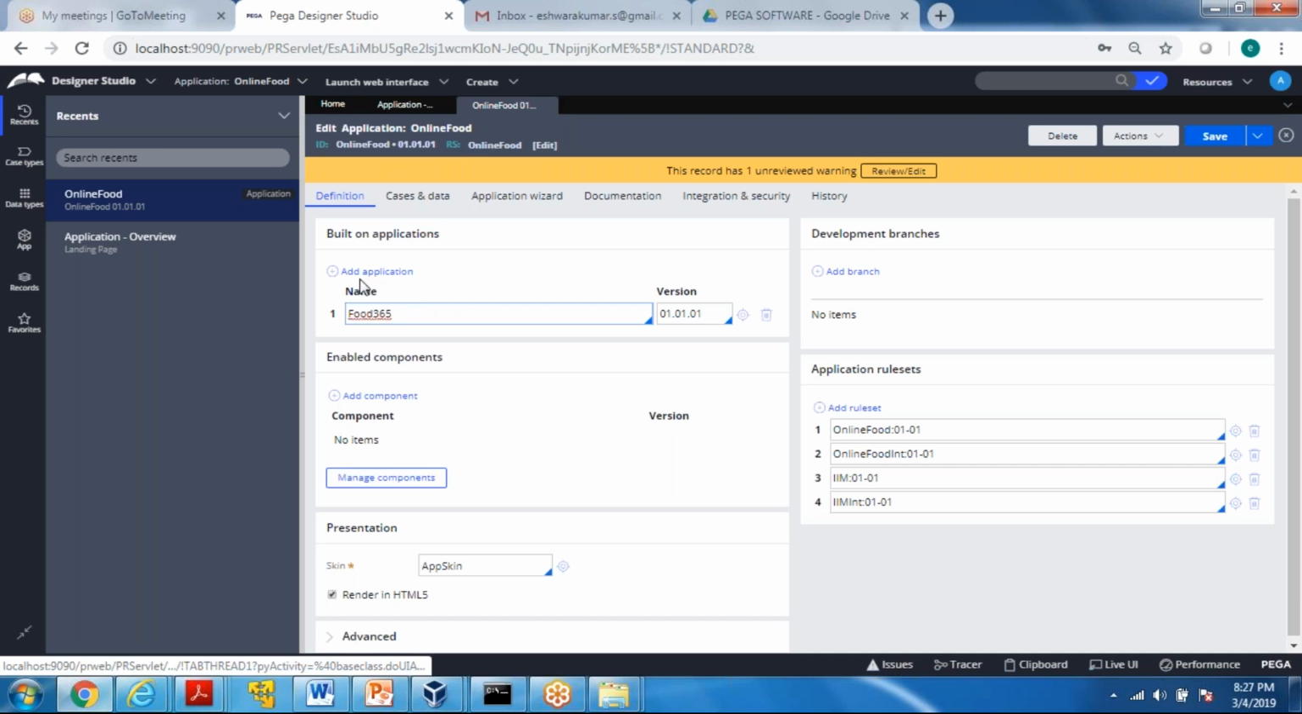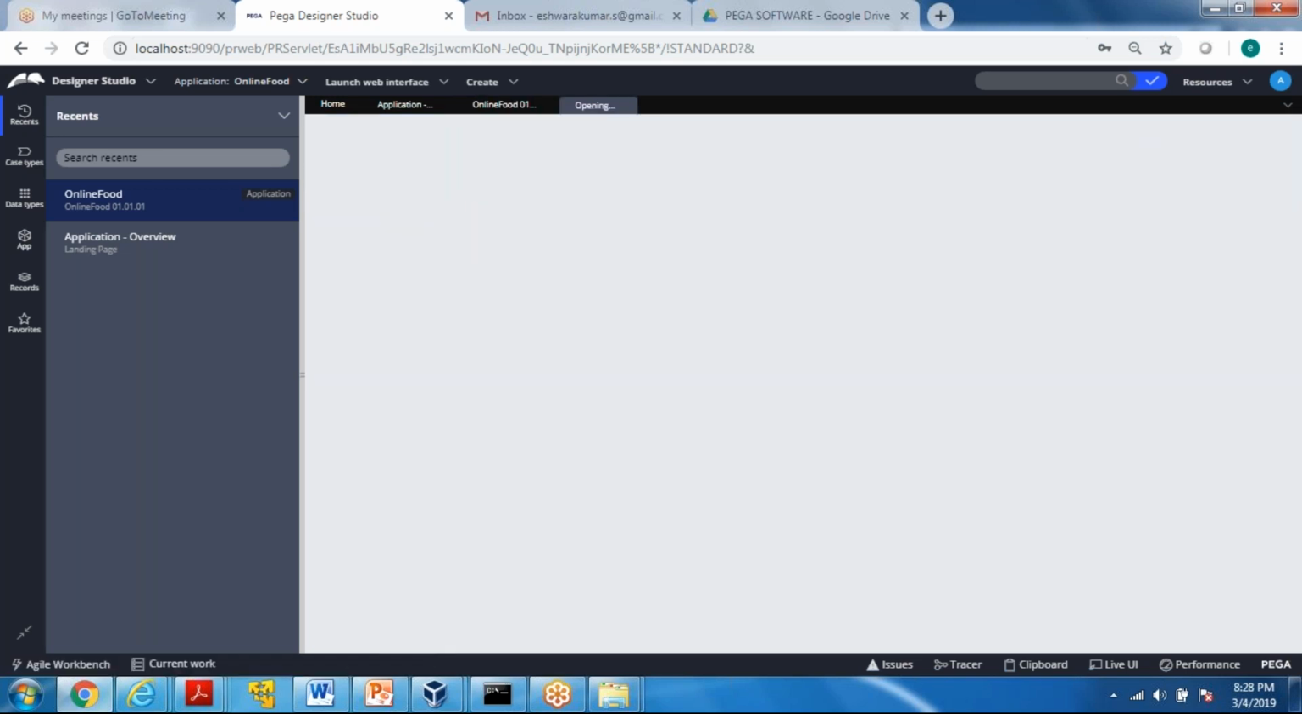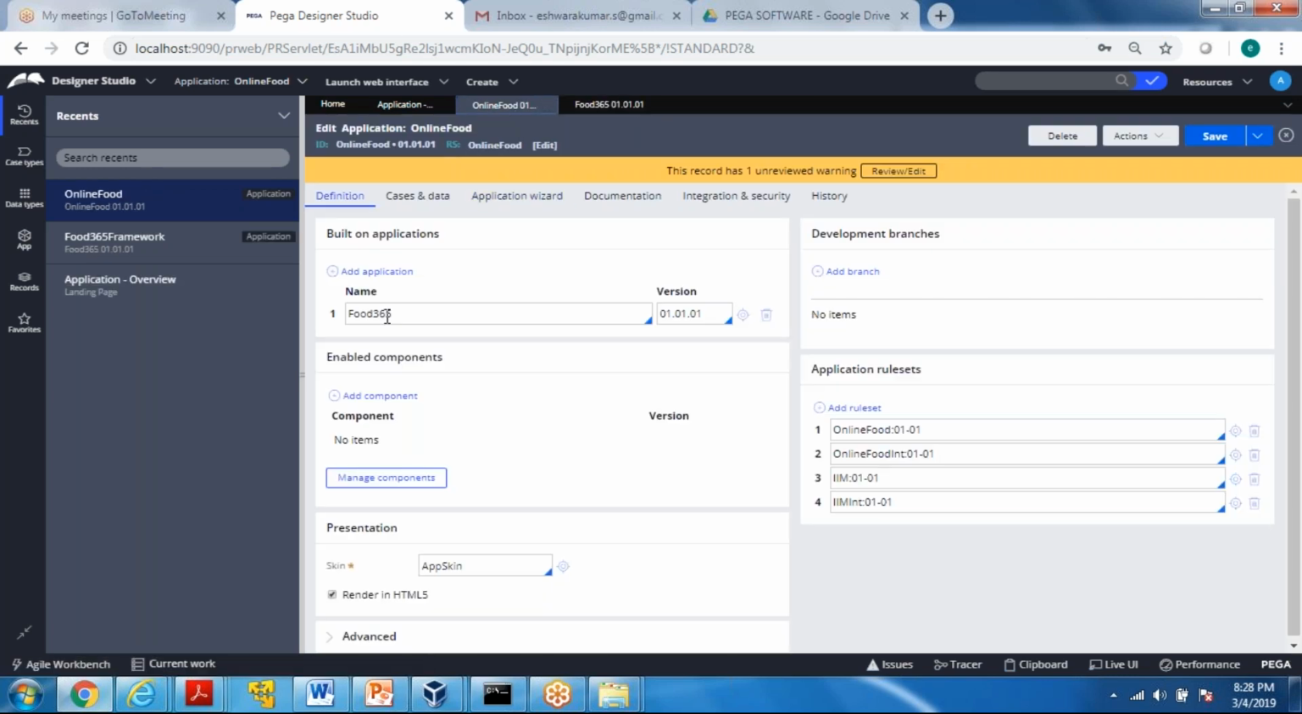So let us open this application. How to open this application? Can you see here there is something called a crosshair icon? This icon is used for opening the rule, opening this particular application. So click on this application. Now Online Food is built on Food 365, but Food 365 was built on,